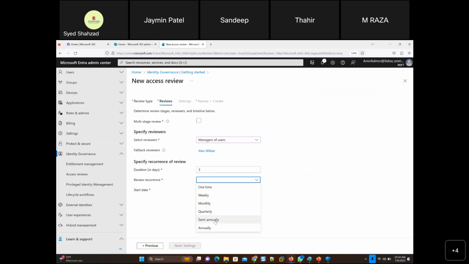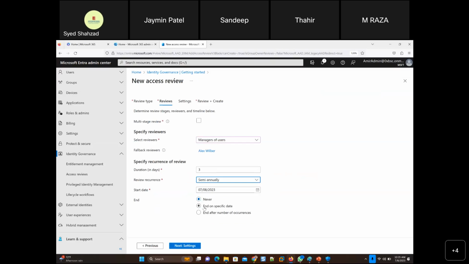So I have put semi-annually, or every 6 months, we review in my company some of the groups that we identified as important groups, right? And who is the member of those groups and why. So semi-annually is there. Start date is today, and every 6 months forever, it will keep on reminding you.